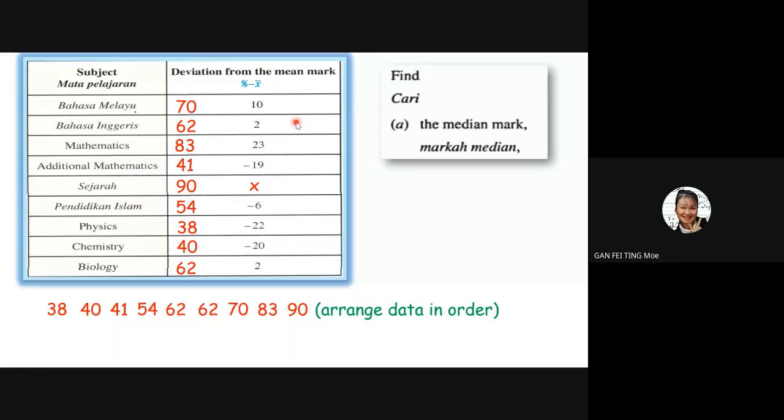Anyone? 62. Yes, very good. That's how you get your marks for, what's the marks for this question? 2 marks. Okay, I don't have my paper in front of me. So you have your marks here, right? So very easy. Do you think it's that easy? Is it easy or not? It's very easy. Okay, where is my question paper? Okay, now let's continue to the second part, which is